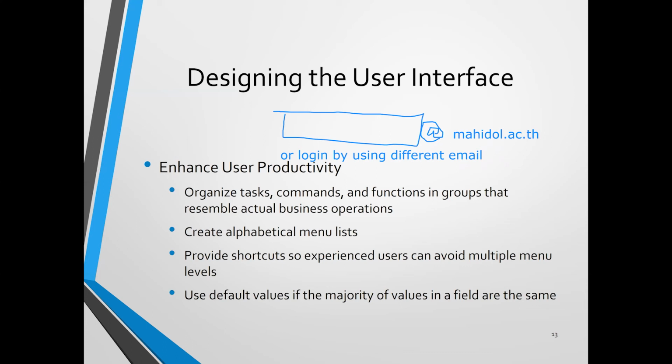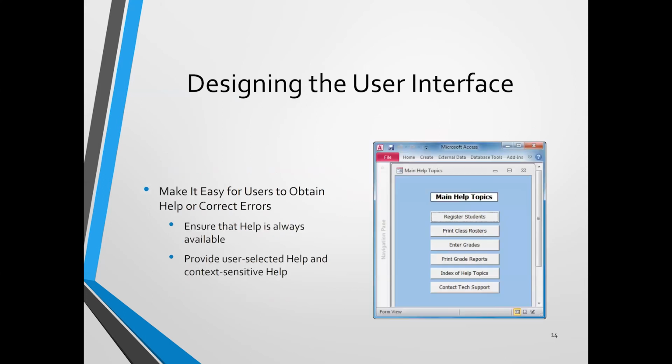The next thing that we have to know is that when we design the user interface, we should try to make it easy for users to obtain help or correct errors. This is to ensure that help is always available. So it means that when you have good software, you must have help. It doesn't matter whether the help is online help, like web-based ones, or